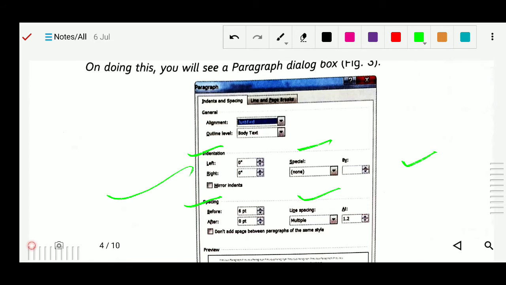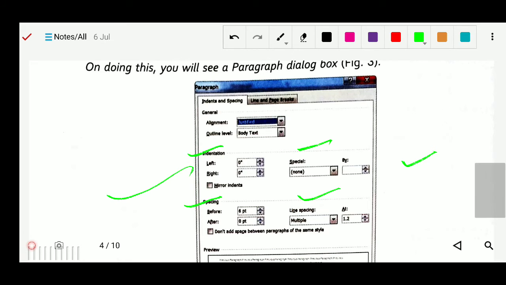These are the parts of the paragraph, and we will study all of these. In the paragraph these things are involved: indent, spacing, line spacing. We also have to know about that. Then we can nicely format our paragraph.